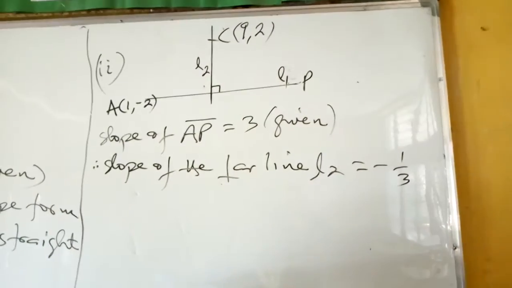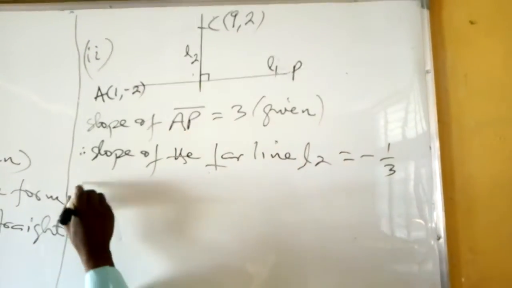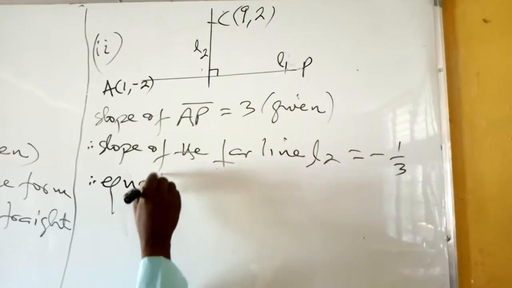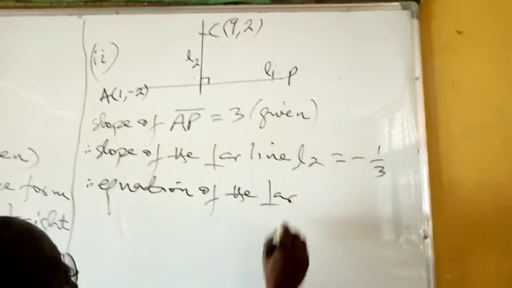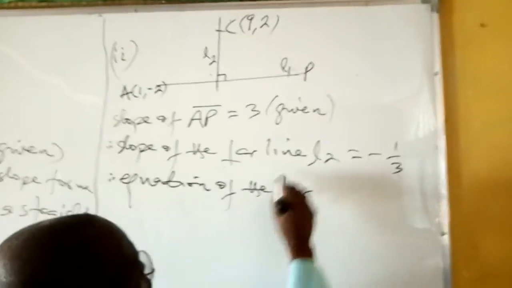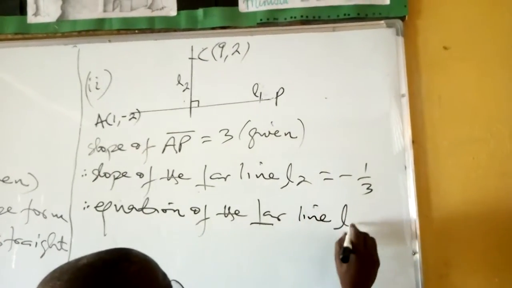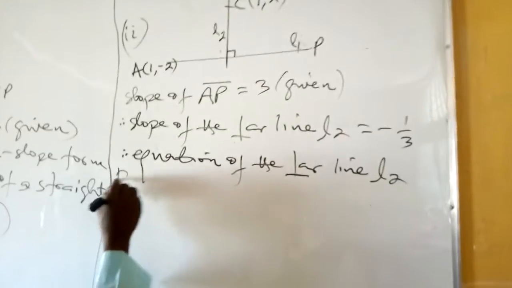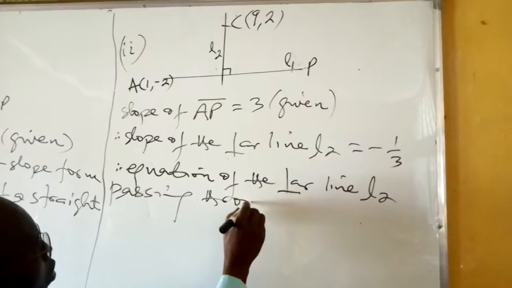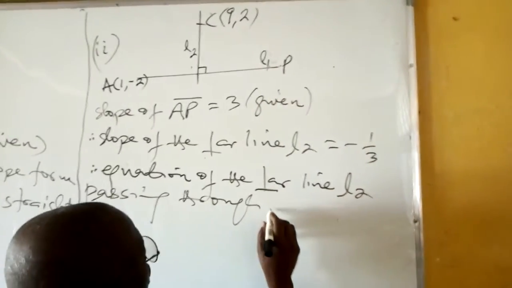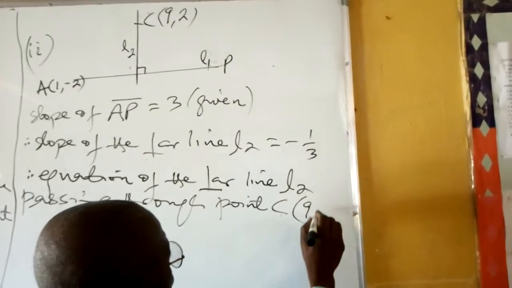This line is passing through point C. Therefore, the equation of the perpendicular line L2 passing through point C, whose coordinates are 9, 2, is